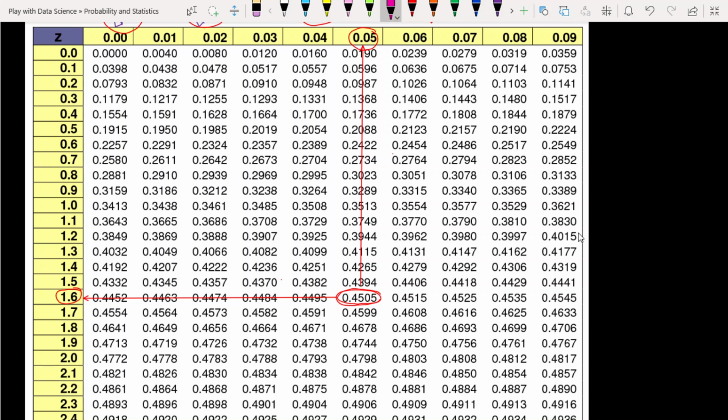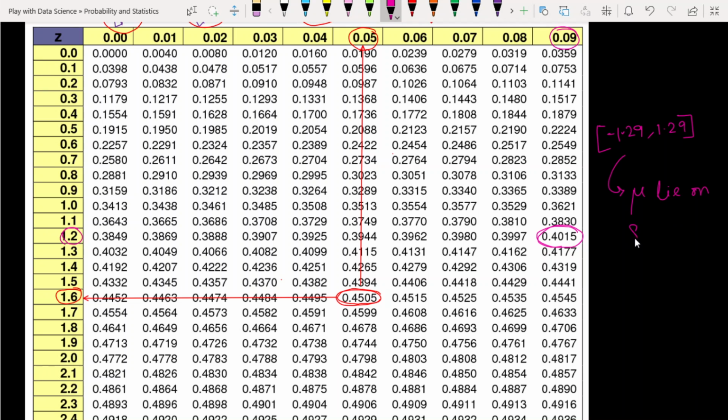Here the 40% means 1.29, so in the region of minus 1.29 to 1.29, our mean